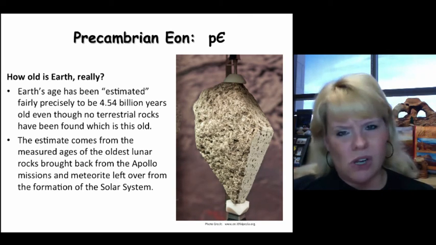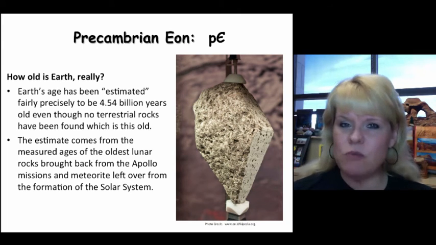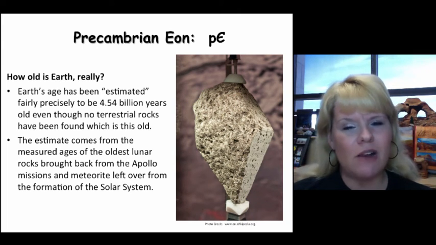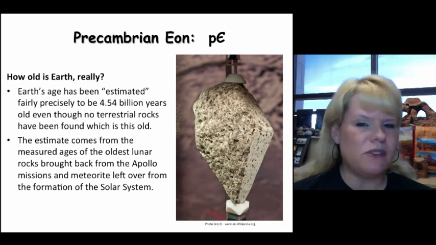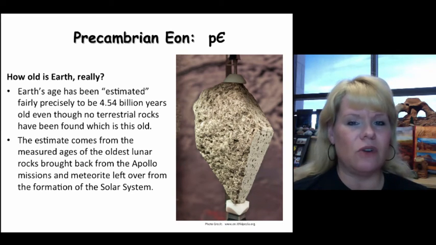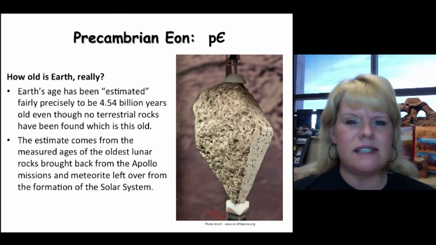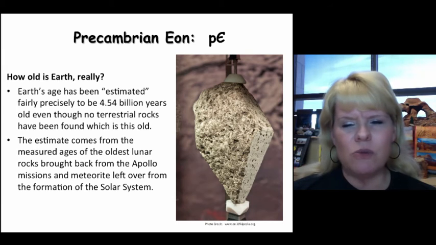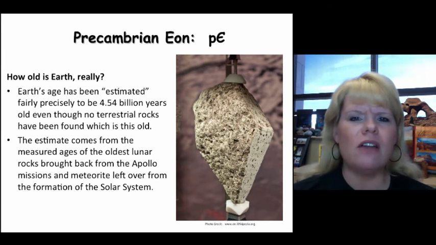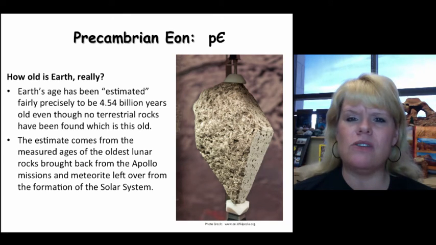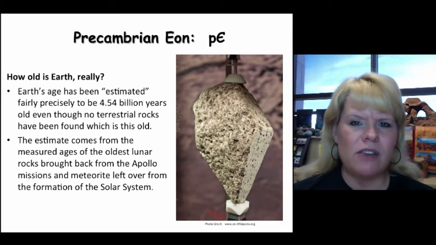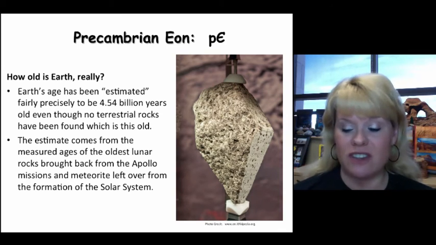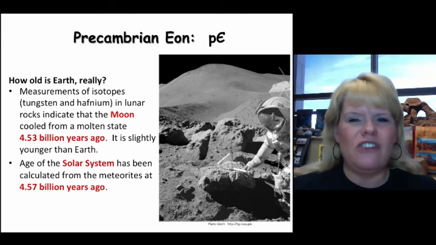Two places that we're going to look. We went to our nearest neighbor, which was the moon, and picked up a few rocks and brought them back on the Apollo missions. That moon is thought to have come from planet Earth, so it should be slightly younger. So the dates taken from the Apollo missions help us narrow the scope of the age of the Earth. The second place that we go to get that information is we look at meteorites. Meteorites that have fallen to Earth date slightly older than the Earth, at the inception of the formation of the solar system. In all fairness, we have a third place that we can look, but that is a discussion that's fixing to occur. Let's get to the moon story, though.